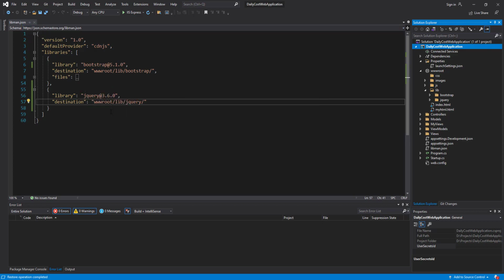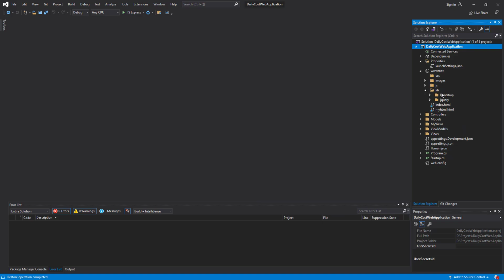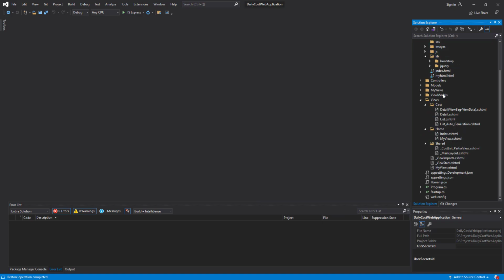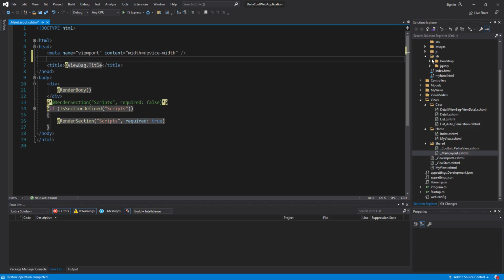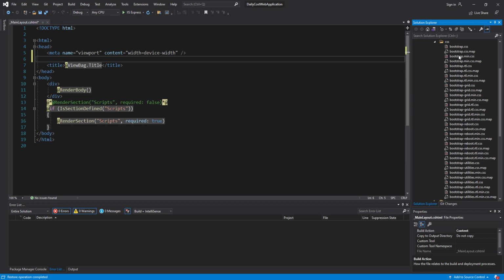Now I installed and added Bootstrap and jQuery to my project. For using jQuery and Bootstrap in your project, I add these CSS and JS files to my layout file, which is running before all the views. And here I add my Bootstrap CSS file,